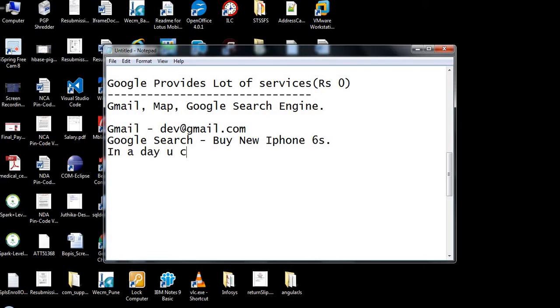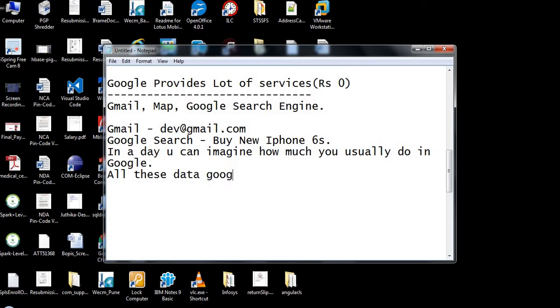You can imagine how many searches you usually do in a day in Google. All this data Google actually stores